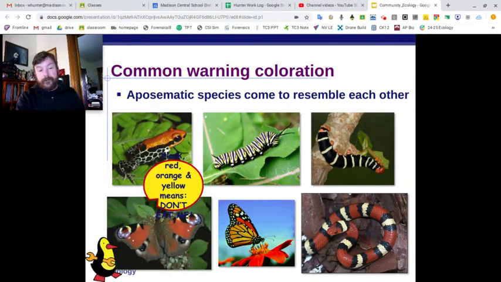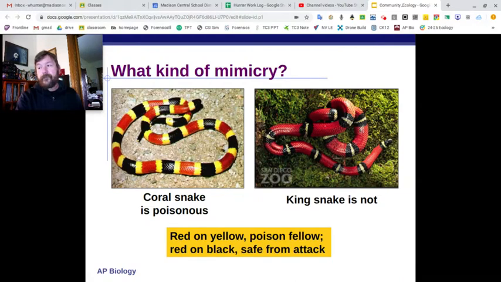So more aposematic species here. You've got the frog there, the caterpillar, the monarch caterpillar, the monarch butterfly on the leaf. There's another caterpillar there, which I don't know the species of that one, but with all of these, bright coloration is often in nature a warning. Don't eat this because it's not healthy. And the snake down there is a coral snake, very, very dangerous. So